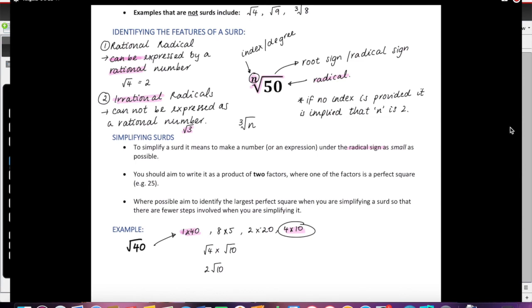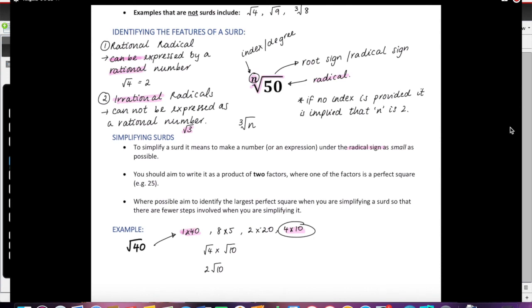What I encourage you to do now is pause the video and have a go at simplifying the square root of 40 using either 8 and 5 as your factors, or 2 and 20 as your factors, and check and see whether you also get 2 times the square root of 10